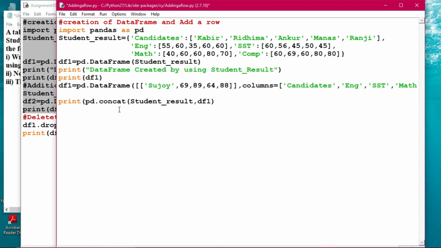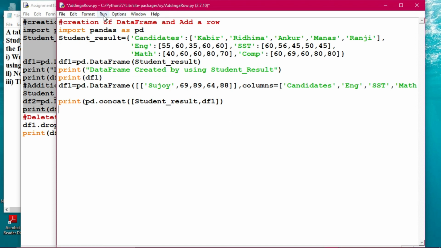That can be possible, and it has to be closed once again. The student df has to be given inside the concat in this way. So you can see out here pd.concat, student result comma df1.